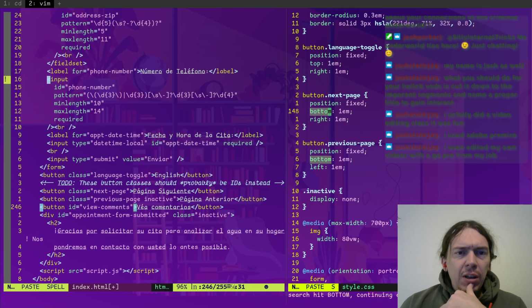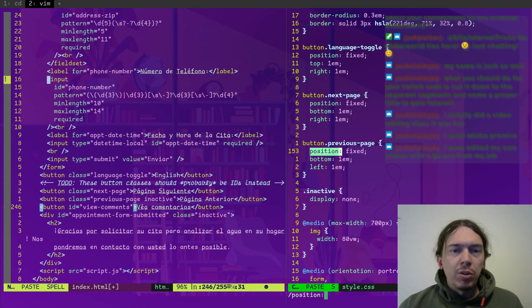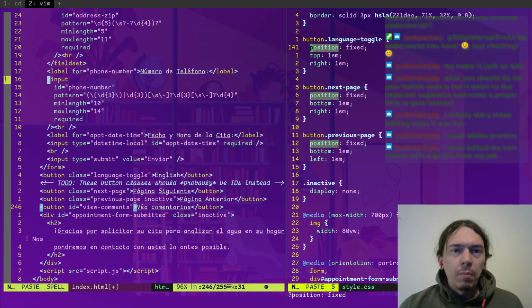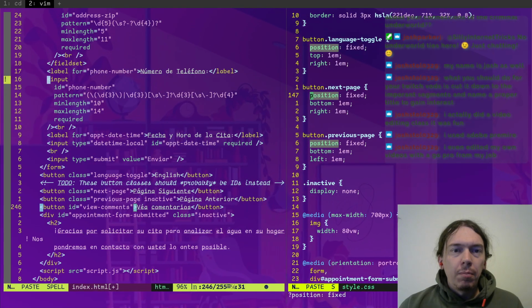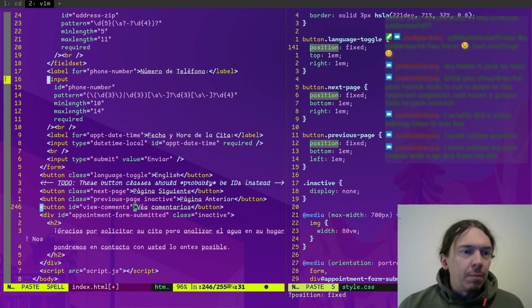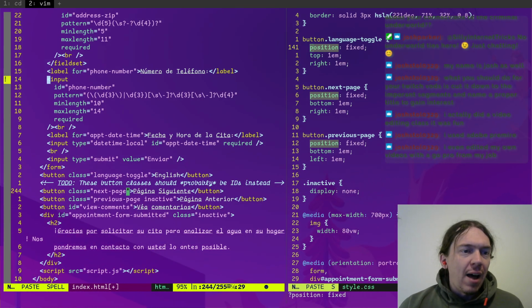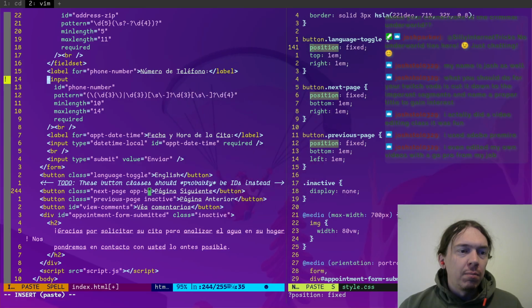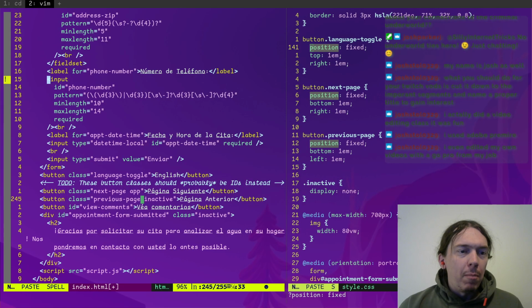So these have the same exact thing, except right versus left. How many places do I have position fixed? Probably a lot. Maybe they should all have some class that says this is like an app button. Button is pretty redundant there. Let's just say app, maybe.